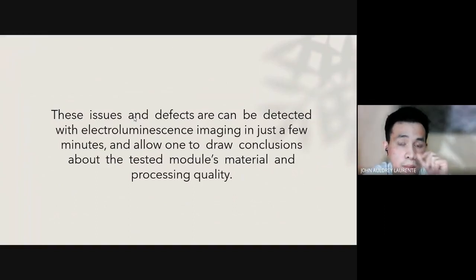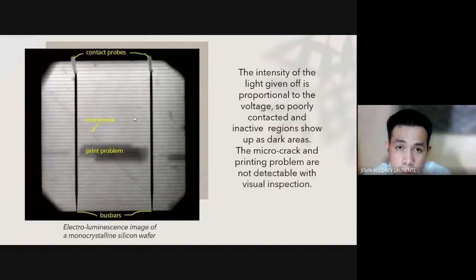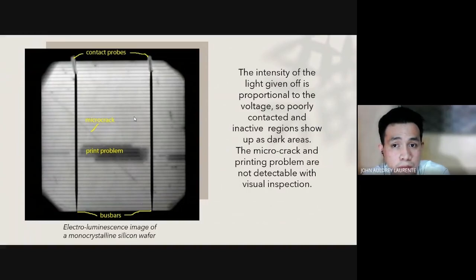So this is the example of electroluminescence of a monocrystalline silicon wafer, wherein in the image we can see the device impurity showing on contact probes, also a print problem or showing microcracks. The intensity of the light given off is proportional to the voltage, so poorly contacted and inactive regions show up as dark areas. So meaning those black areas are not contacted with